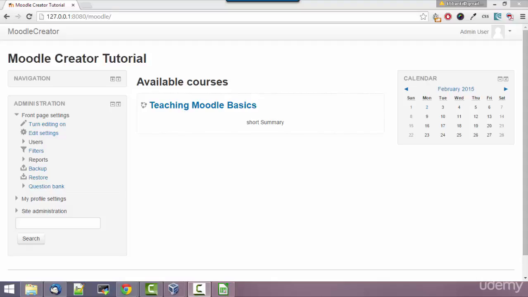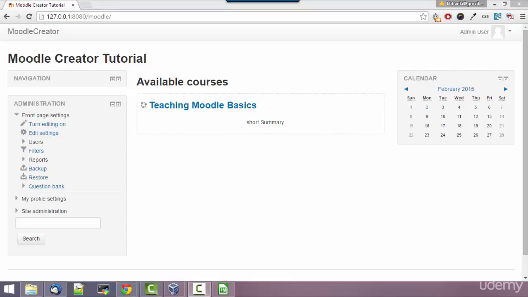Hi. For most Moodle administrators, creating only one course at a time is too slow. We need to be able to create lots of courses in a short period of time. And to do so, we need to create a file which is a comma-separated value file. It's basically an Excel file that you can edit with a notepad or a text editor, but you can also